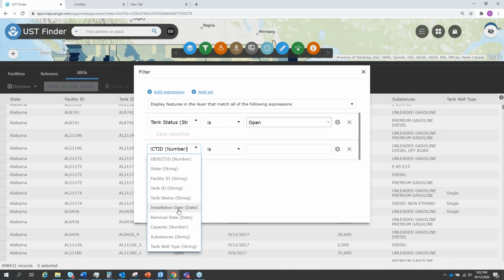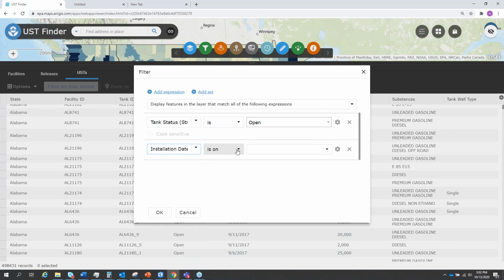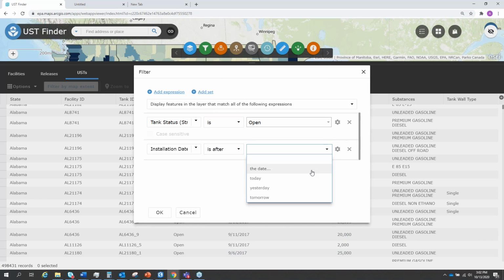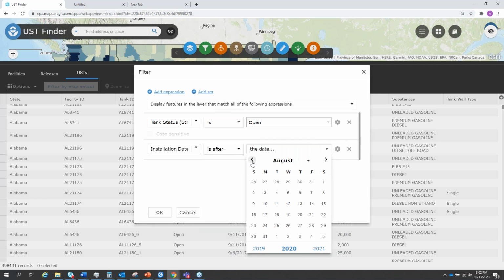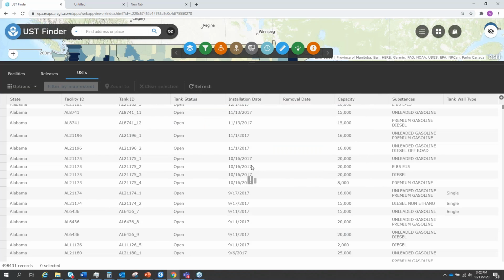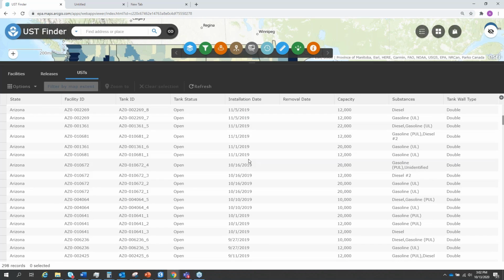We can go with installation date is, let's say, after, and then I can select a date and query that. So these are all the active underground storage tanks that were installed after October 2019. We've got 300.